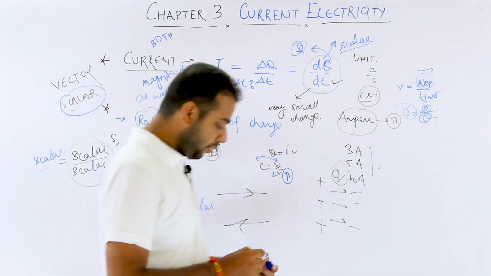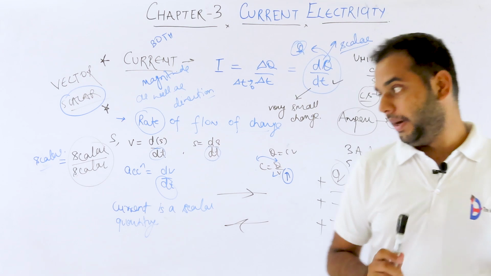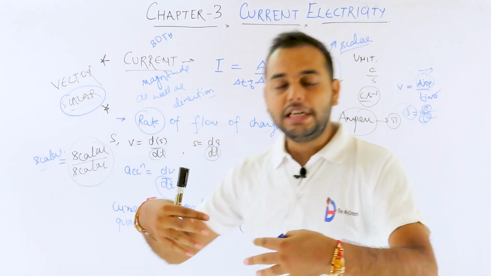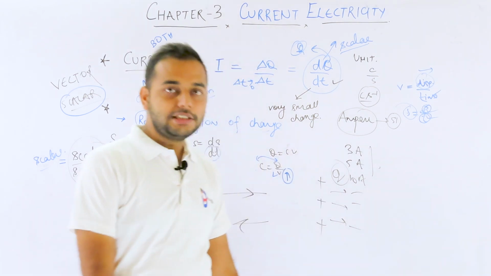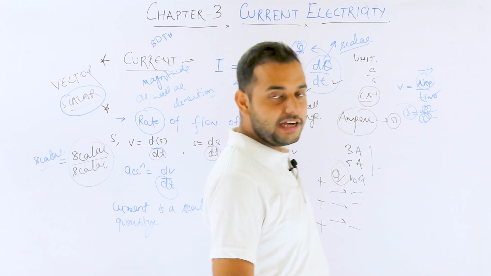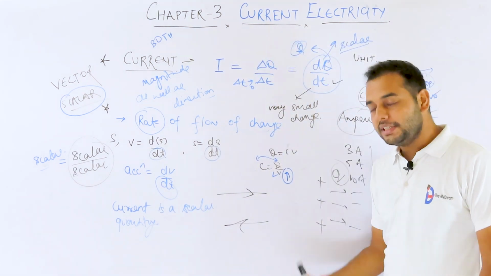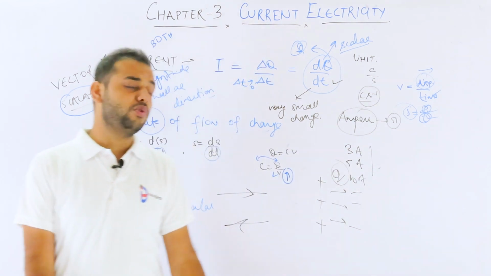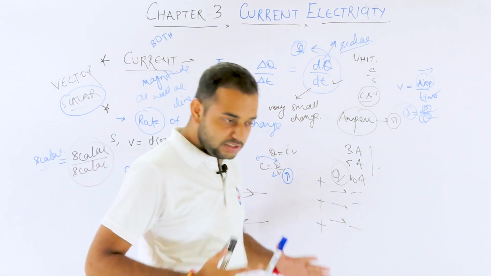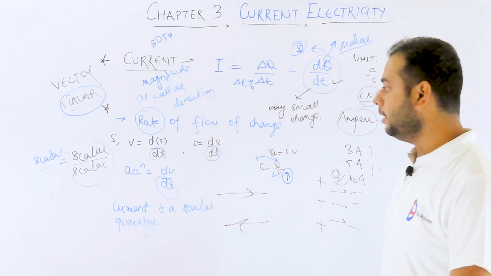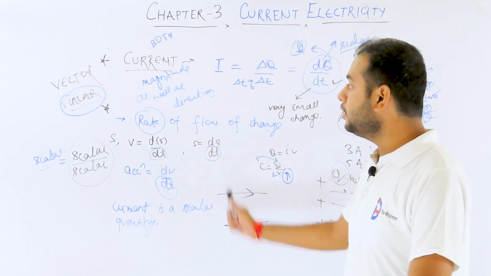Okay guys, so current is a scalar quantity, but it has a magnitude and direction, then why is it not a vector quantity? This is the question you must ask, because you have this thing in your mind that anything which has a magnitude and direction is a vector quantity. No guys, absolutely not. That is a totally incomplete definition. I will give you the total definition and prove why current is not a vector quantity.